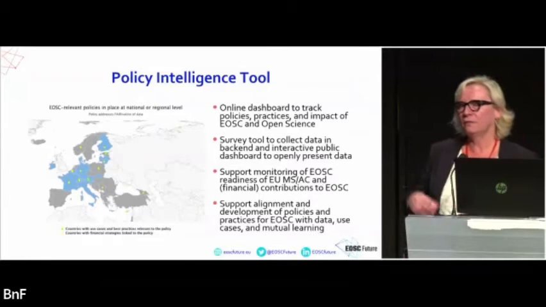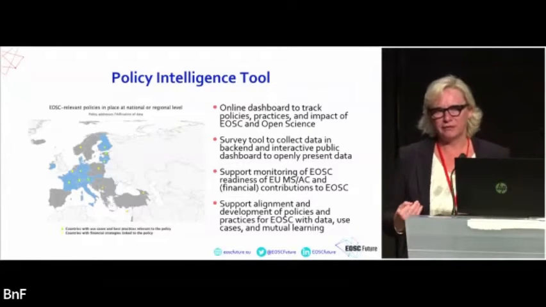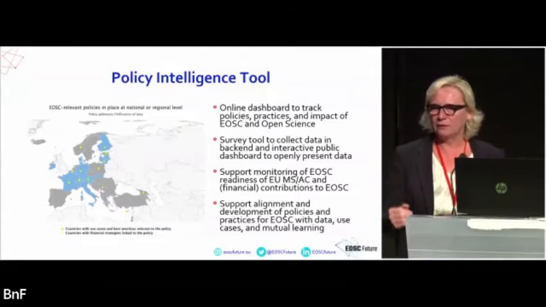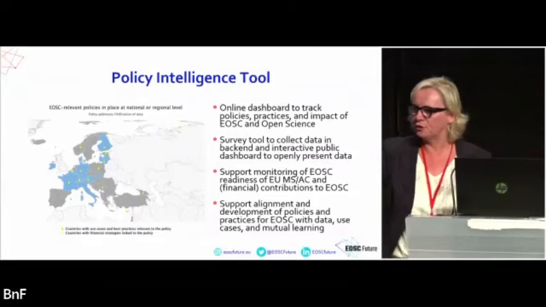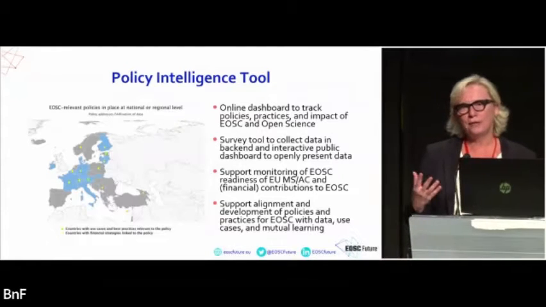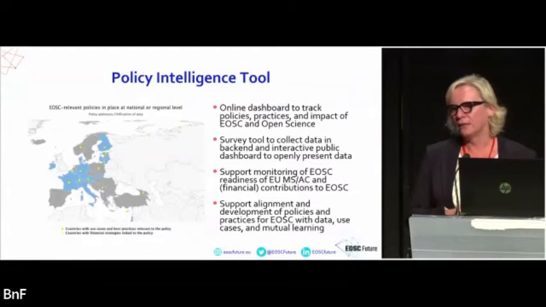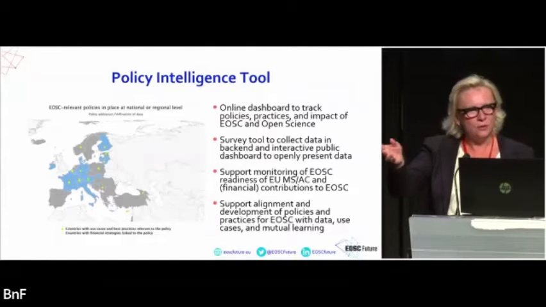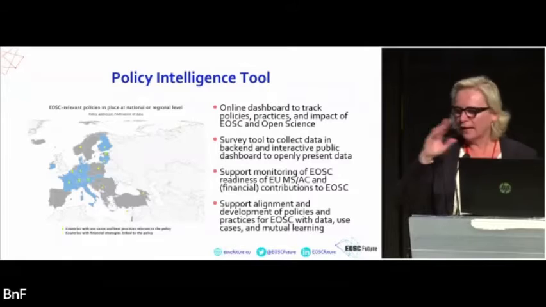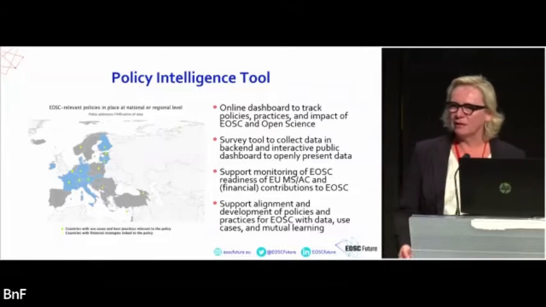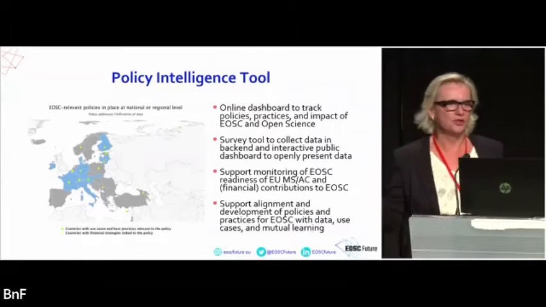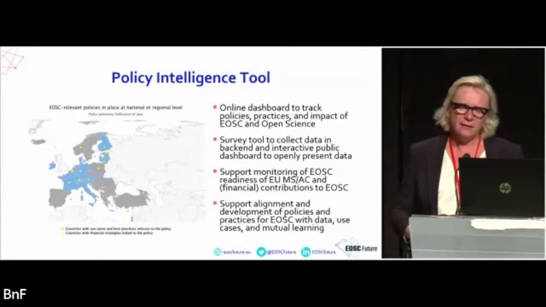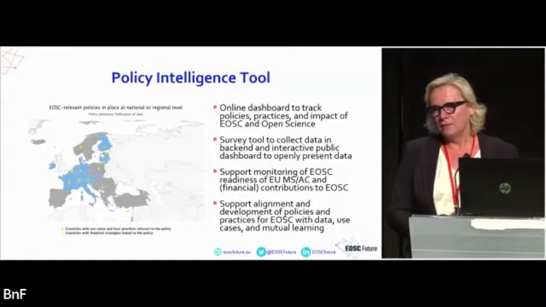And there, one of the purposes is also to have a mutual learning effect. So the observatory and the survey is not only out there to gather the results of what you are doing, it's really to engage in a conversation on where we can help each other, how you do it in your country. I see that for open data, for example, you have a high share of open data. How do you do that? And this is really something that we need to foster.